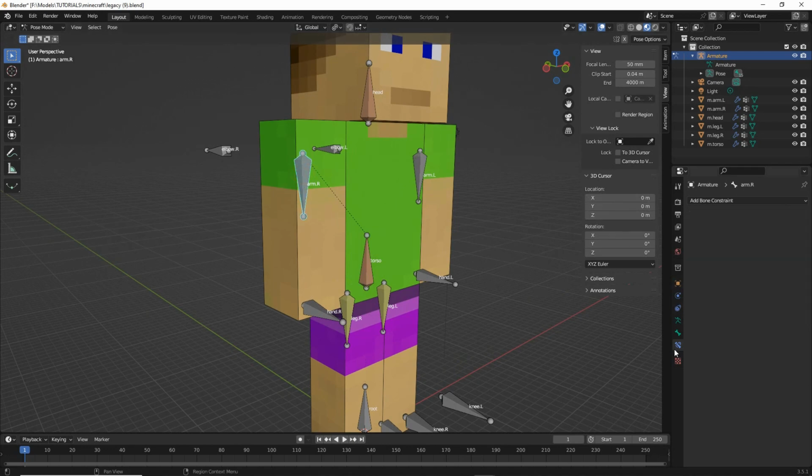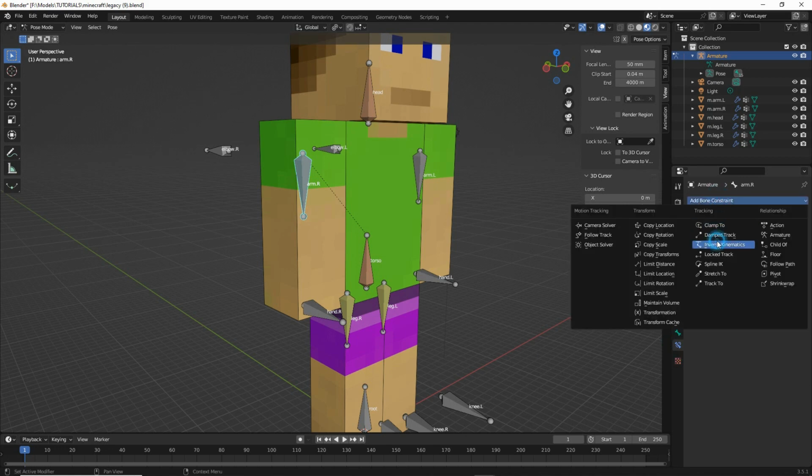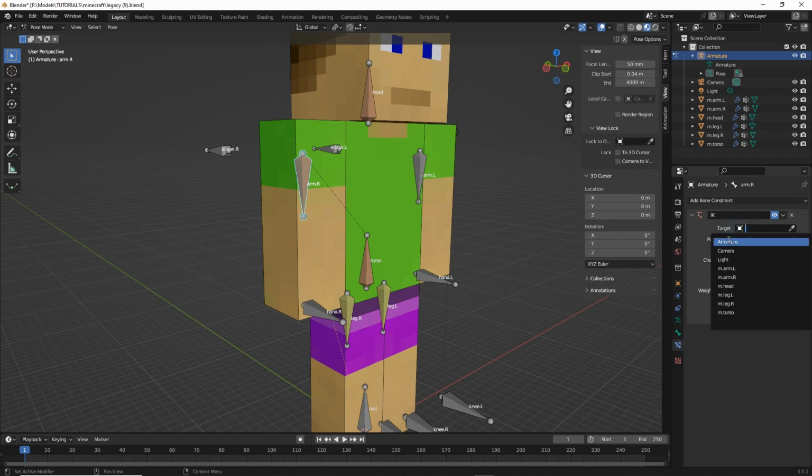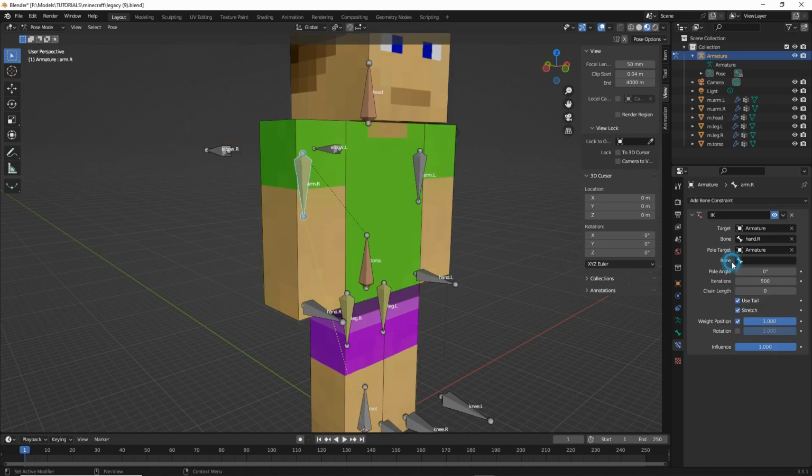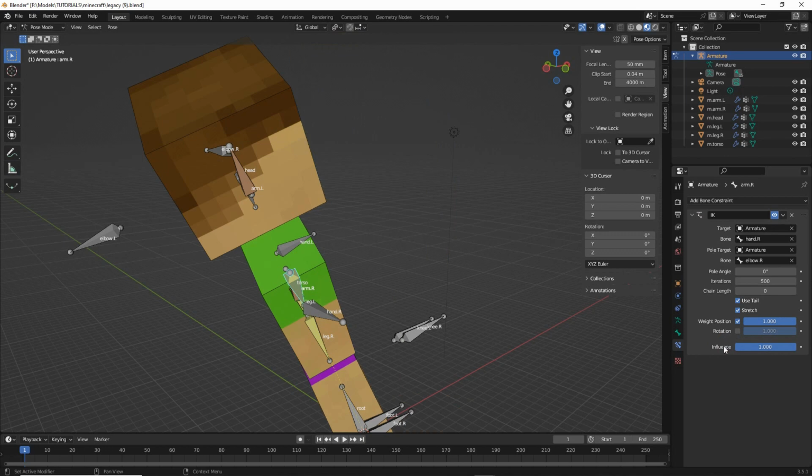So arm, bone constraint, a constraint, IK, target, armature, bone, hand.R. That'll make it go wonky. Pole target, armature, bone, elbow.R. That'll make the armature go wonky. Then we set the chain length